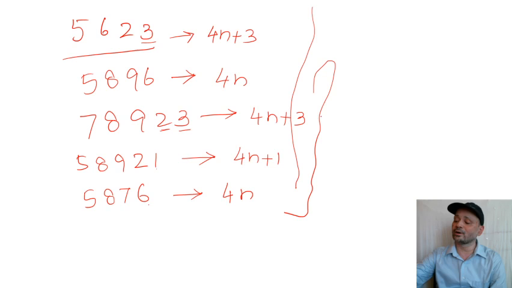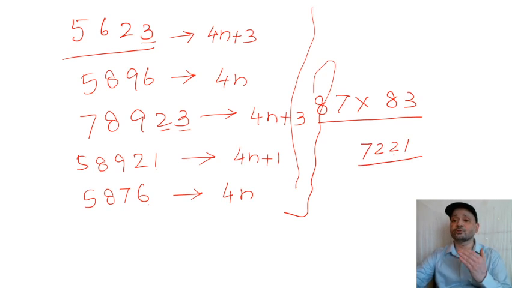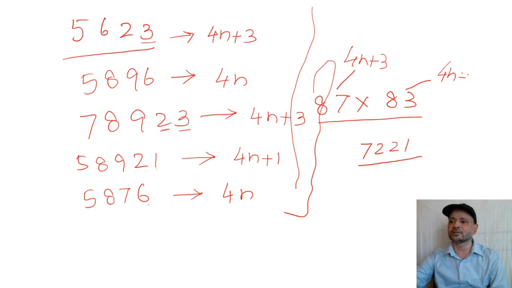Suppose you are told that you multiply 87 with 83, and then you also try to see whether the result is fine or not. If you do the multiplication, it will be 7221. Now you have to see that 87 is a 4n plus 3 type and 83 is also a 4n plus 3 type. If you multiply these two numbers, it has to be 4n plus 1 type, and 7221 is 4n plus 1 type. So suppose you get any number in its nearby locality like 7231, 7241, 7221,